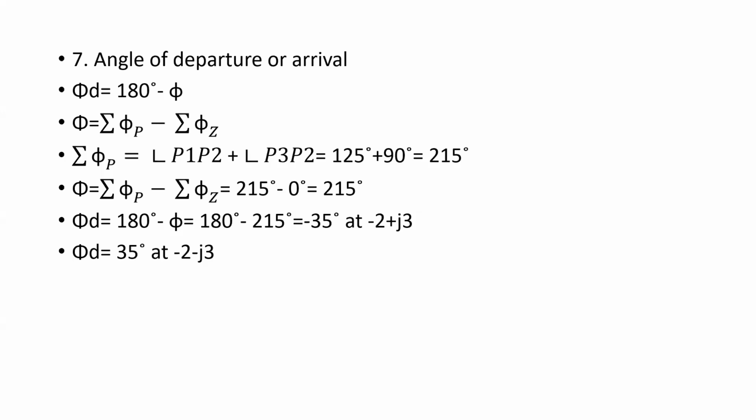Suppose this is the imaginary axis and we have the real axis, and we have the two poles here. One pole is here, the other pole is here. Finally we calculate what is the angle made. This angle is 125 and this angle is 90 degrees. So the total departure angle we got is minus 35. If this is 0 degree, minus 35 is like this. This represents minus 35 degrees.